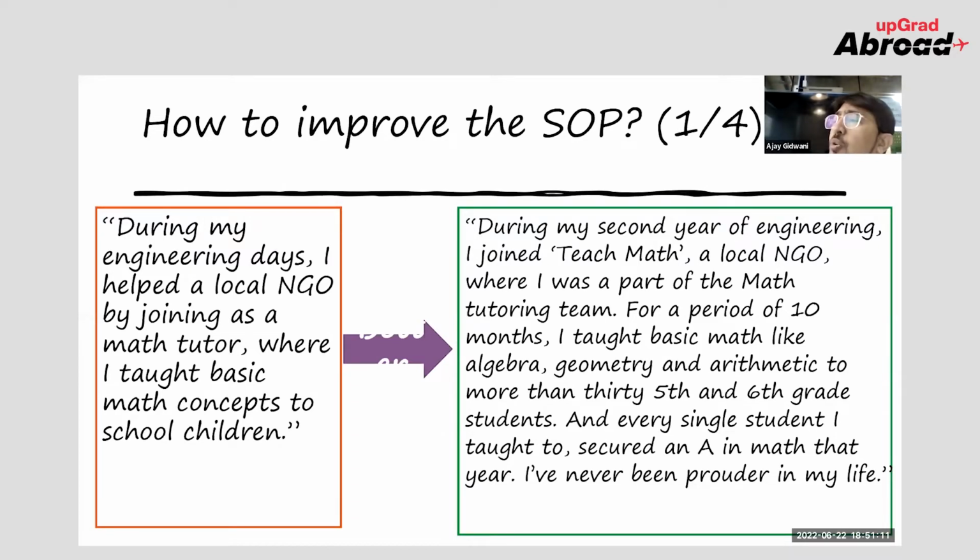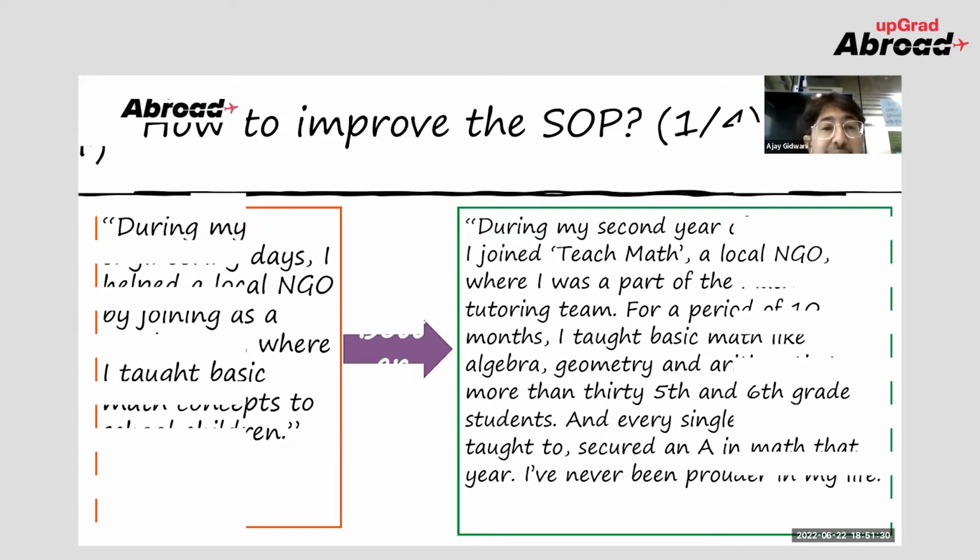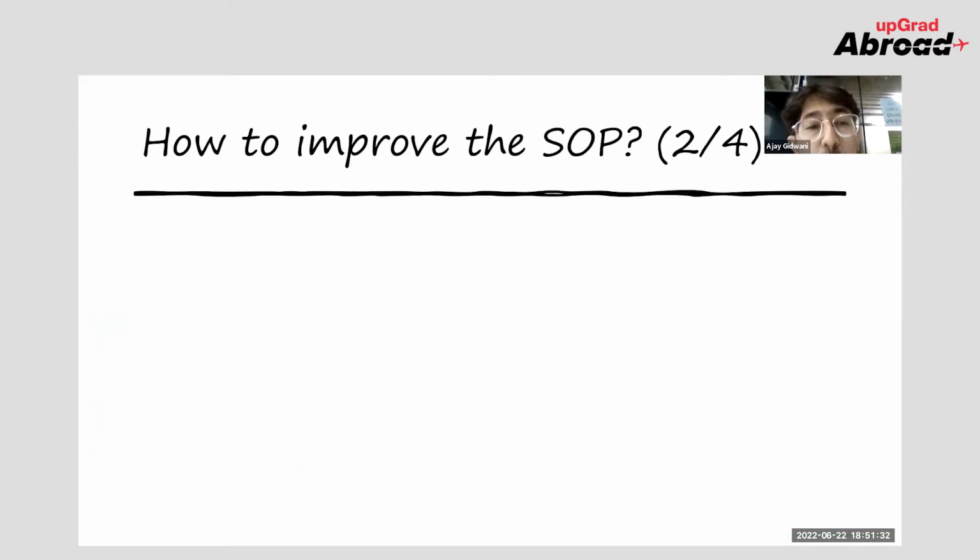So this could be related to your internship. You can say that maybe I have worked for Delhi Rail Metro as an intern in some department. Now this could be written in a more appropriate manner. Like, I have worked under the guidance of this person in this month, my main profile was this, and my outcome was this. So in this way, SOP has to be written. Now let's move to case number 2.